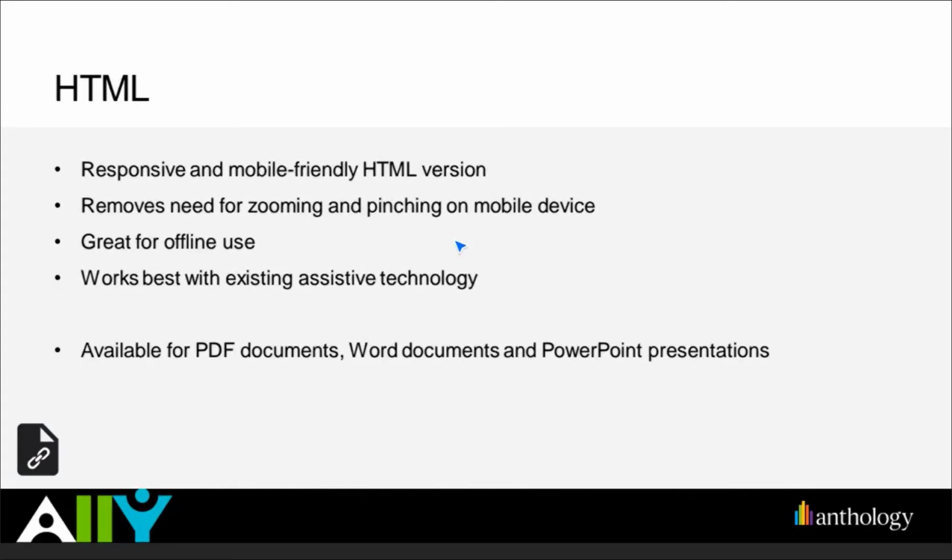Ally will provide an HTML alternative format when the original file used is a PDF, Word document, or PowerPoint. So this one will remove that need to zoom and pinch the text I was mentioning on the mobile device. It's going to provide a responsive HTML version of the content. So as the window size or the device changes, it's going to render natively to that